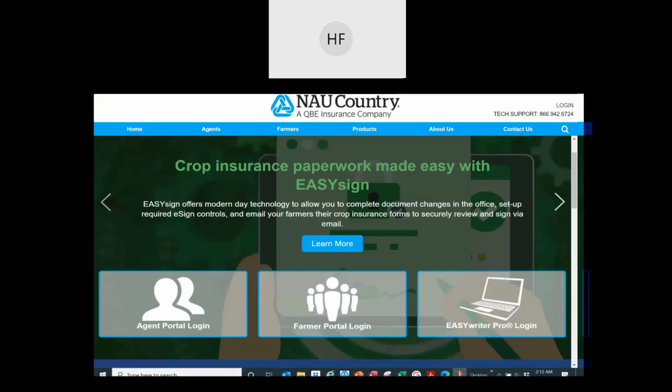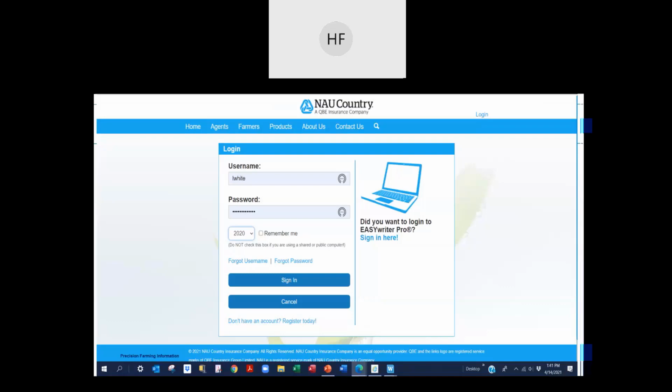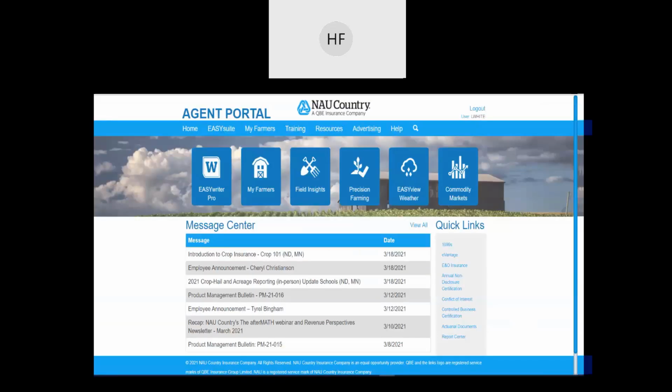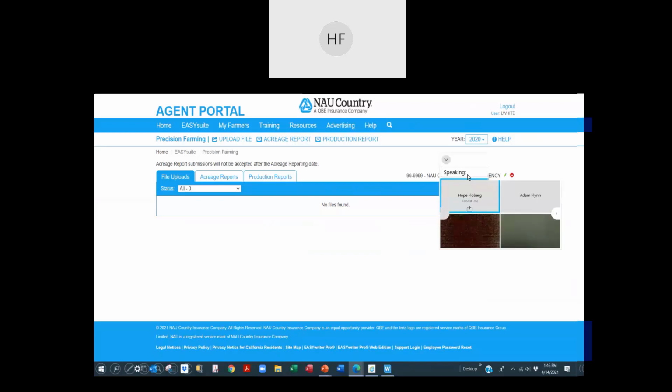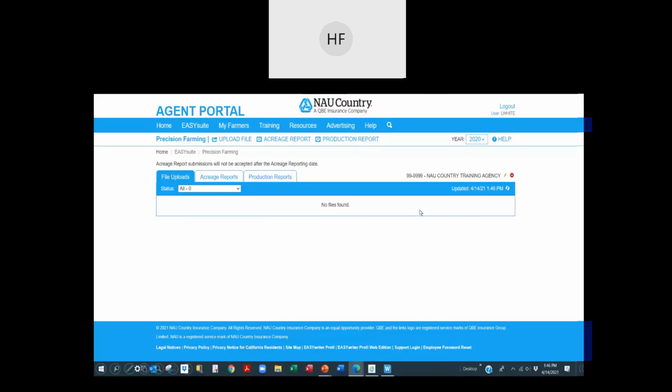And when we log into the website, we're going to come up to our menu of places that we can key into or move to in our system. We're going to take a look at the Precision Farming tab because that's what we're here for today. I click on the Precision Farming tab, and if I'm in an agency and we've signed into farming, it'll give me my